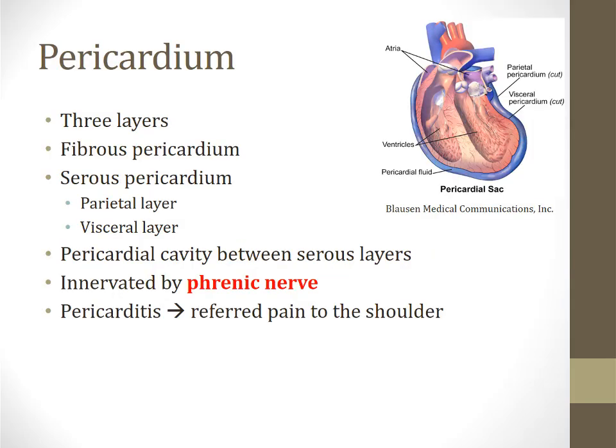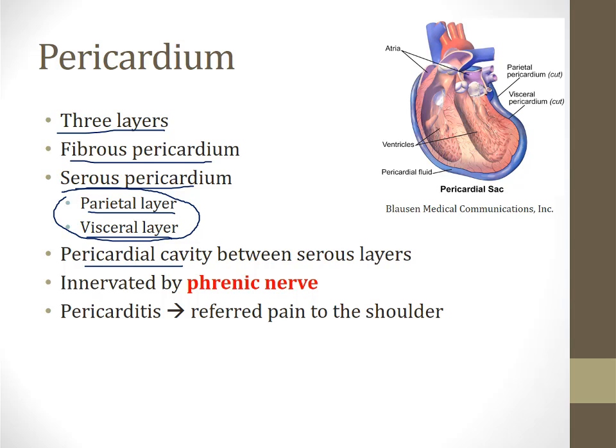The pericardium is the sac that surrounds the heart inside the chest, and it's made up of three layers. The outermost layer is called the fibrous pericardium. The inner two layers are collectively called the serous pericardium. The serous pericardium has two sublayers. One's called the parietal layer and one's called the visceral layer. The visceral layer is what surrounds the heart. Between these two layers, the parietal and visceral layers of the serous pericardium, is what's known as the pericardial cavity, and as we'll discuss later, this is the portion of the pericardium that fills with fluid in pericardial effusions and